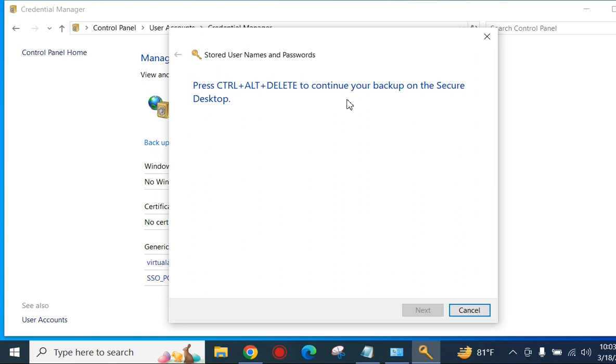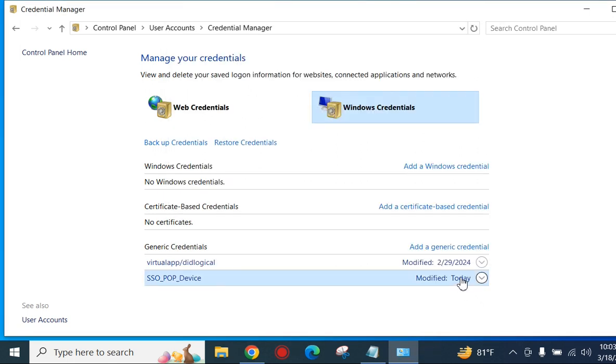And confirm the password and click next and click finish, and we find